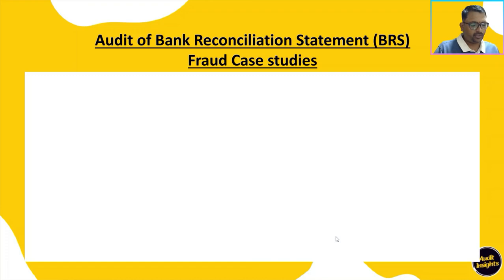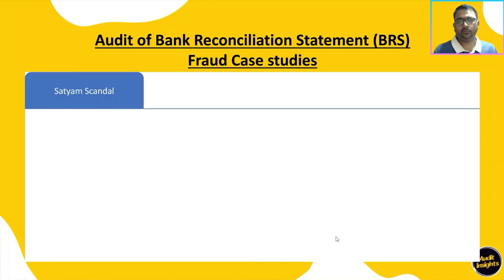We will look at some of the fraud case studies which were a result of inadequate controls over BRS. The first thing, obviously, you might be aware of is the Satyam scandal, wherein one of the ways in which the fraud was concealed was by falsifying the bank statements. The bank statements were falsified, which resulted in inflated bank balances. How this could have been avoided is by ensuring that the bank statement used for the purpose of reconciliation is genuine. One way of doing it